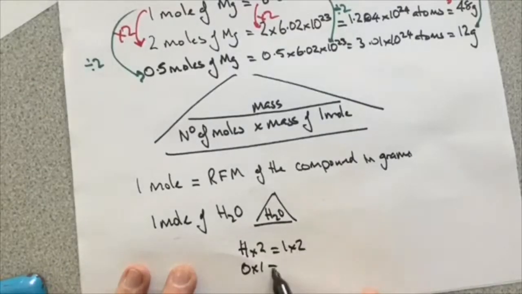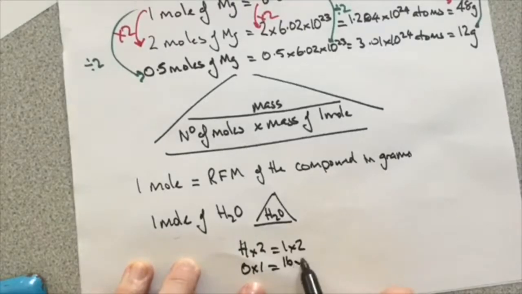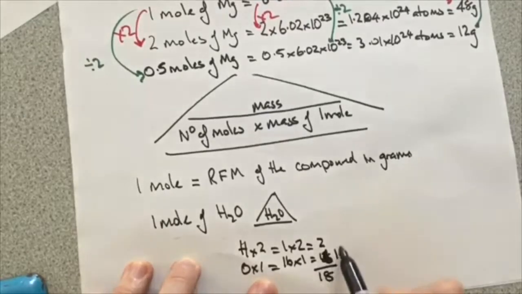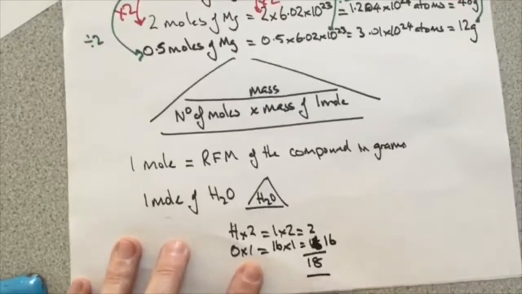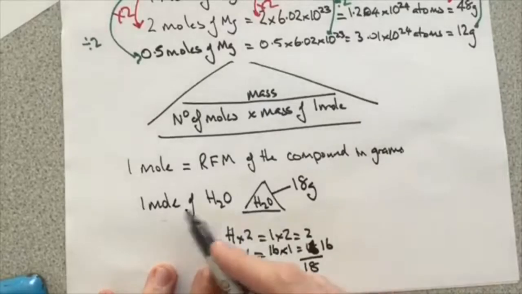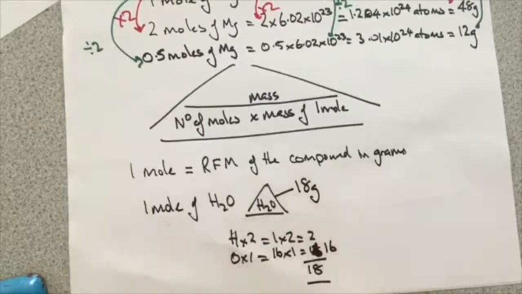I've got 1 times 2, and oxygen is 16 times 1. That's 2 plus 16, and the answer is 18. So I've got a mass here of 18 grams, so 1 mole of water is a mass of 18 grams,